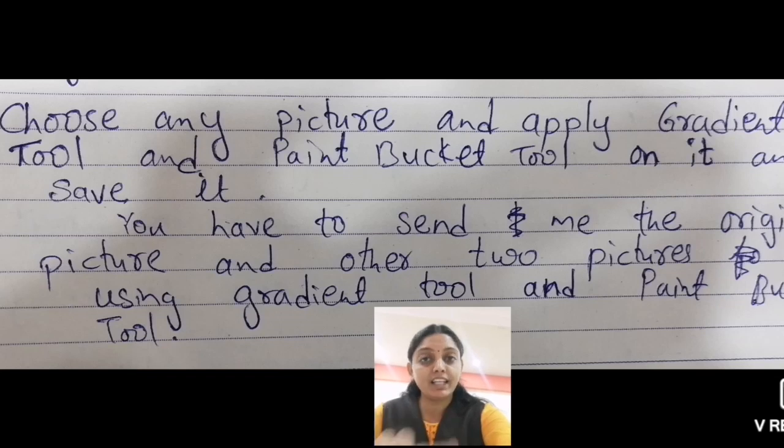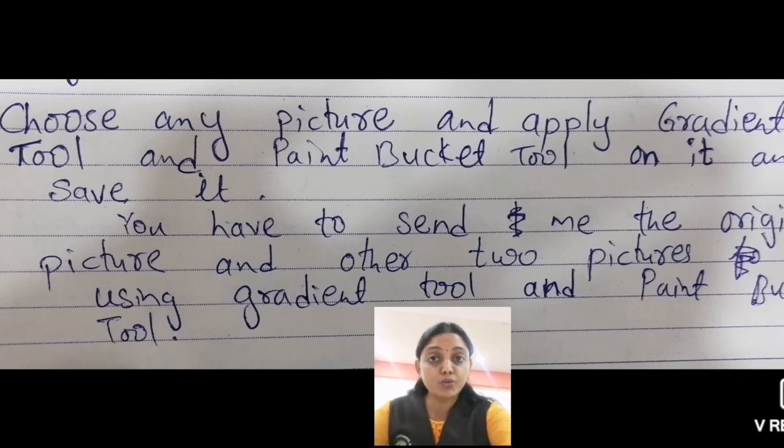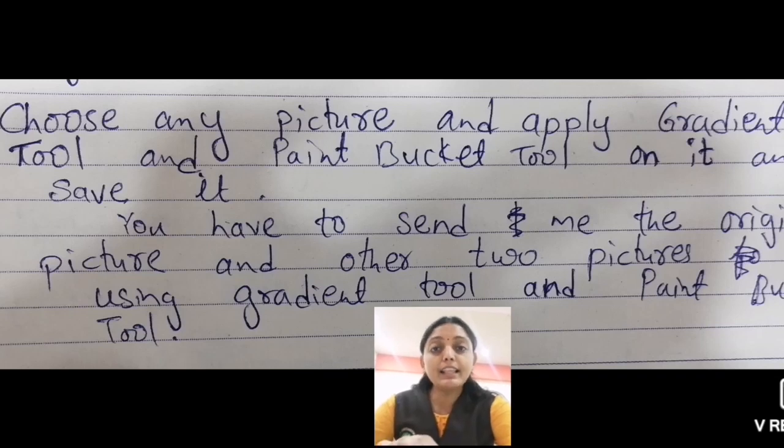Whenever you are sending this assignment to me, note down, students, you have to do it properly and then mail it to me. Don't forget, students, you have to send JPG files only. Which files will you send? You will send me JPG files. Don't forget that. I am going to check them and accordingly your attendance will be marked.